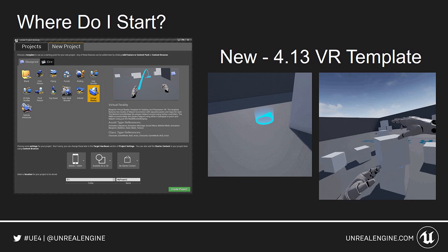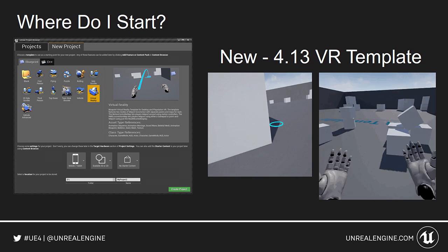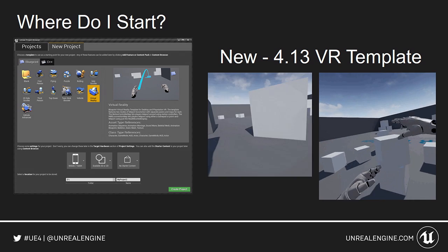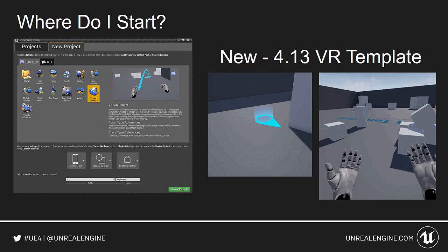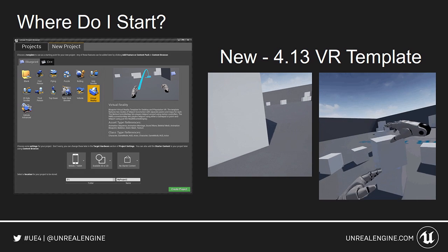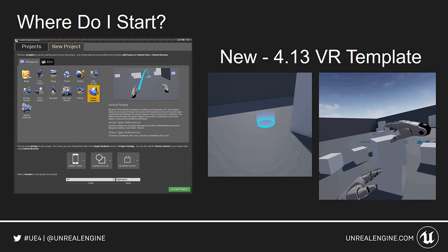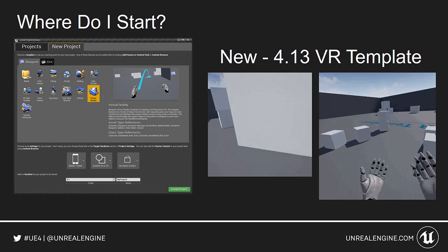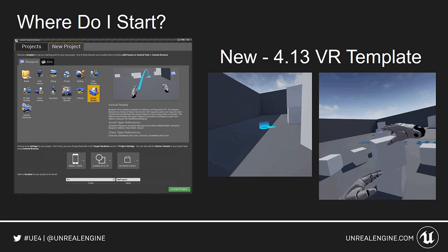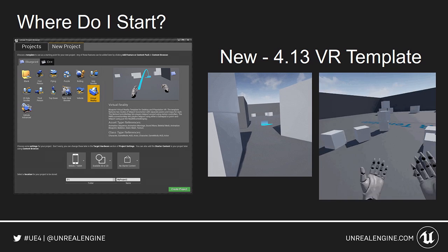Well, once you've downloaded and installed Unreal Engine 4 and launched the latest version, we offer several project templates that you can use to get started with your project. These are available from the project browser window. Each of our templates already supports VR play where it makes sense. We don't have a 2D side-scroller VR template just yet, but we do have first-person, third-person, vehicle, and top-down. Each of these supports VR play when you load up the project.